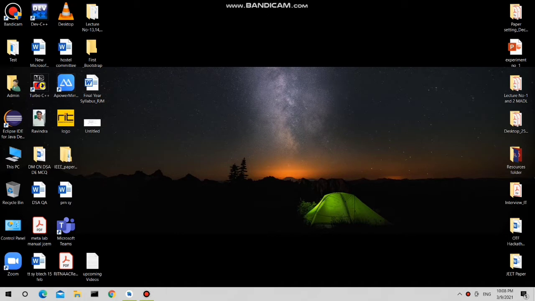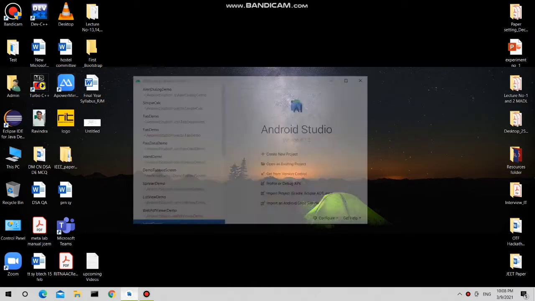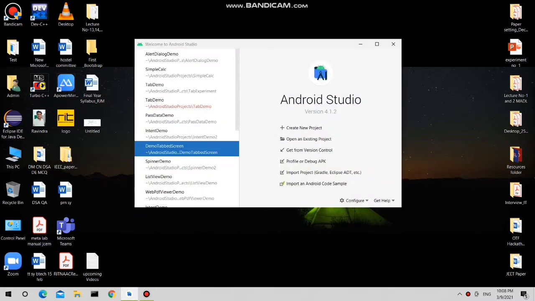Today in this session we are going to see how to change the package name of your Android application. There are situations in which you need to change the package name of your Android application, because initially when you create the project you select the default package as it is, but after some time you find that it is not appropriate, or you need to change that package name. Then how to change that package name in Android Studio, that we are going to cover in this video.